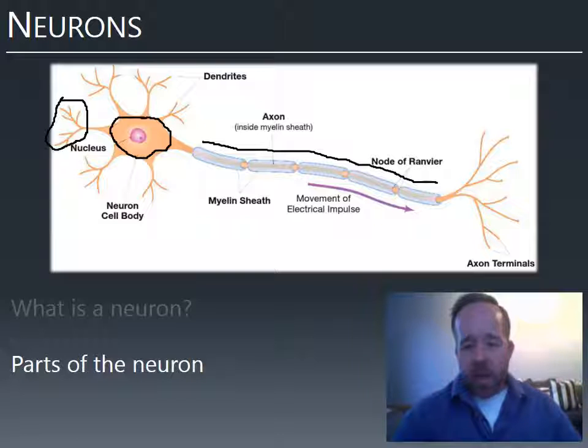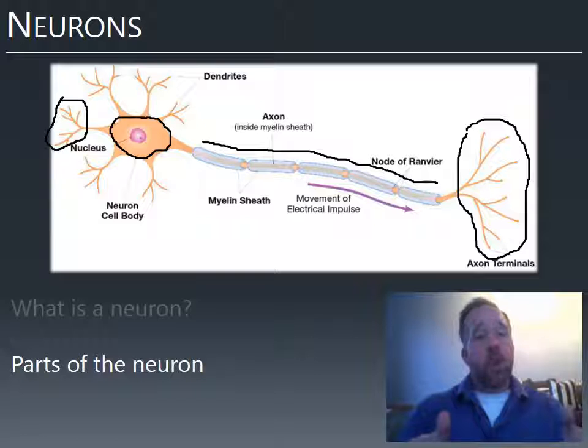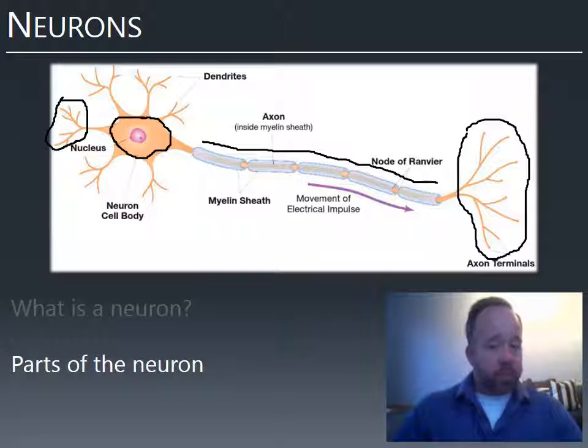And then finally, at the end of the axon, we have what are called axon terminals, also called synaptic boutons, but we'll just call them axon terminals here. And so this is where information goes out. This is where information gets transferred to other neurons. And transferring information around is sort of how the brain works. That's what it does. So we need to bring in sensory information, process it somehow, recognize objects, and then send commands to our muscles so we can move toward an object or move away from an object. It depends on the sensory input.